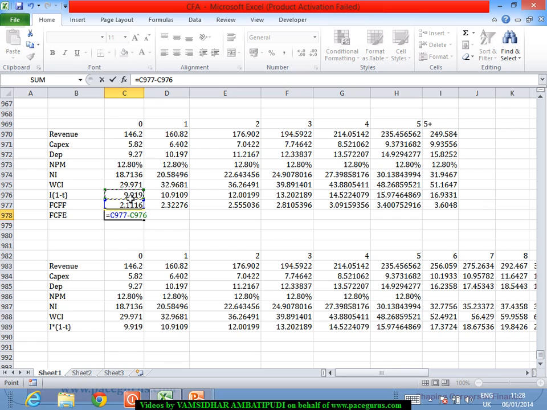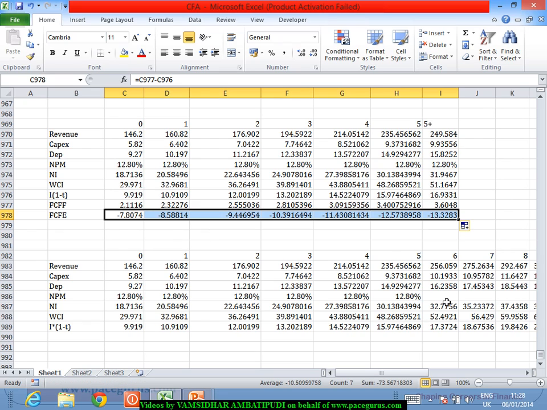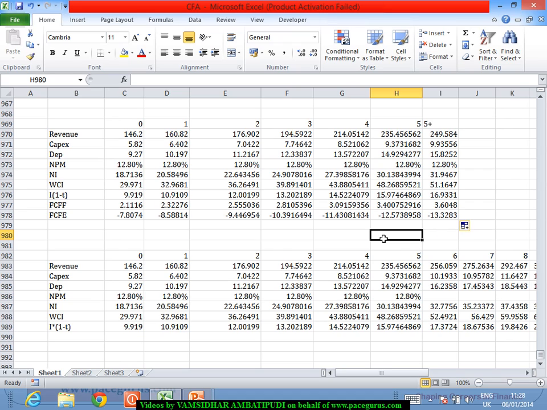The net borrowing there is nothing else, so that is what works out for the computation of the free cash flow to the equity, where the numbers are pretty much negative, so I don't need to really bother about going with free cash flow to the equity. At least in this case I can say that free cash flow to equity cannot work out at all, unless probably if I want to really make it work, probably what I'll do is